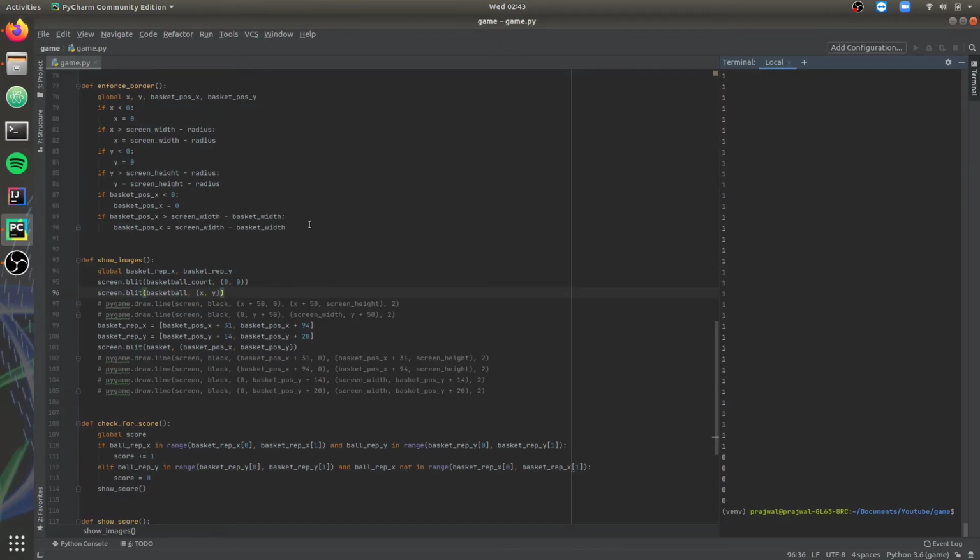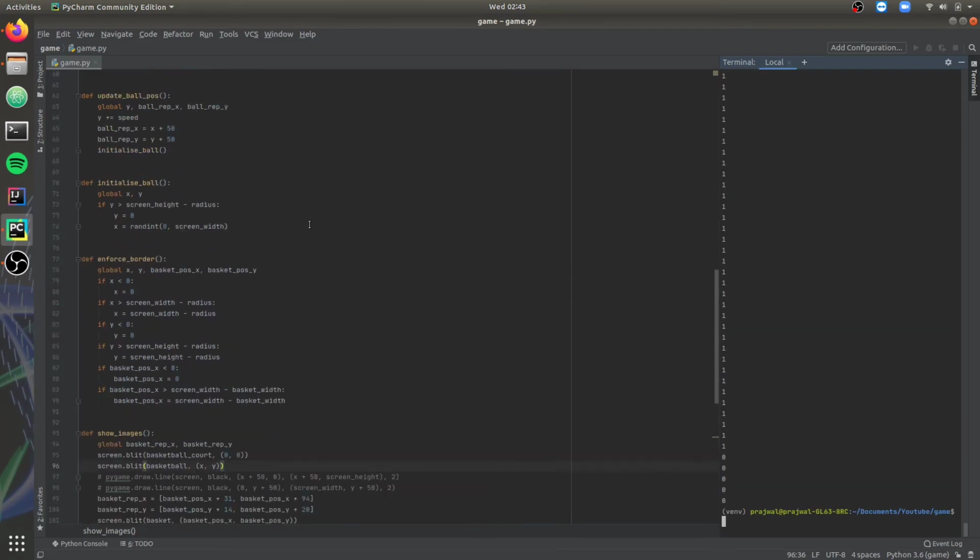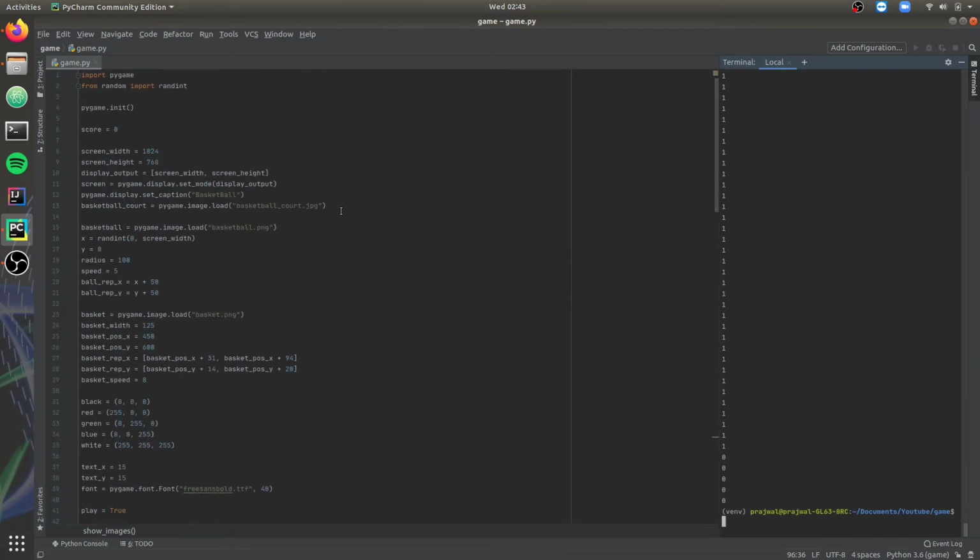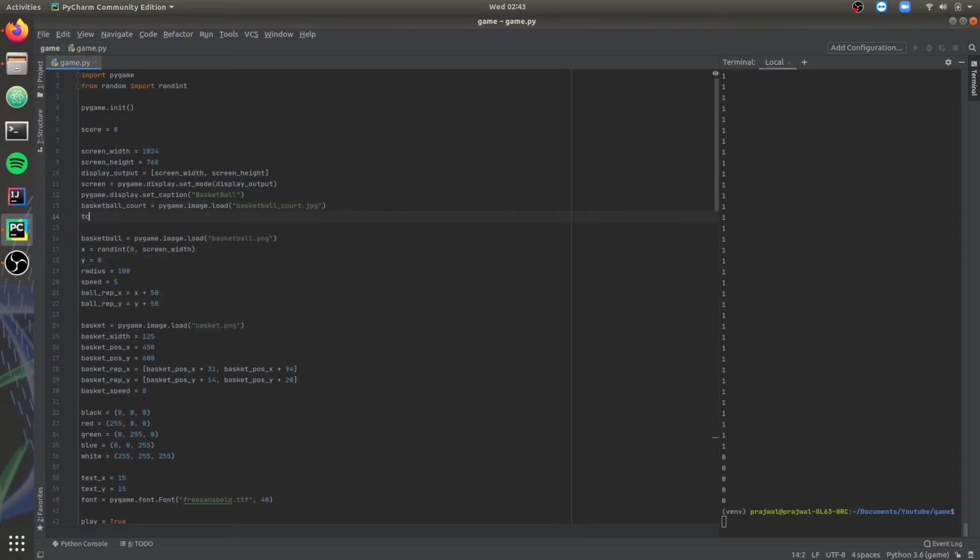So we load the sound by going to the initialization section. Let's initialize the sound into a variable called tick. We use pygame.mixer.Sound to load the sound effect. We play the sound effect only when a score has been scored.